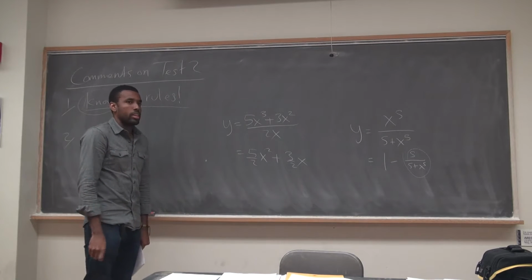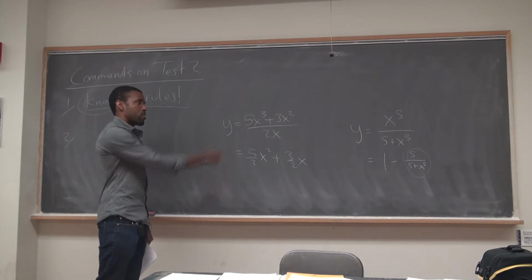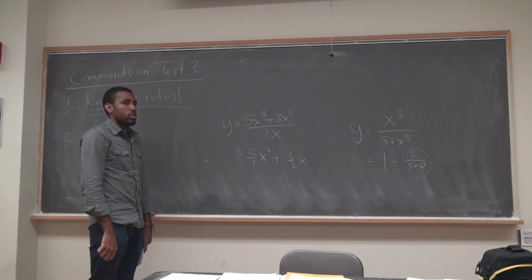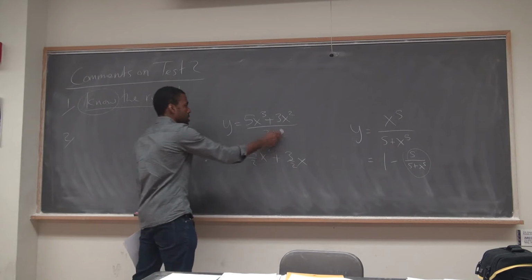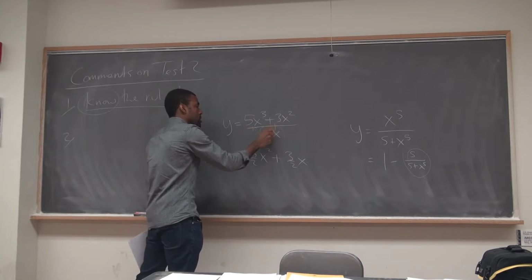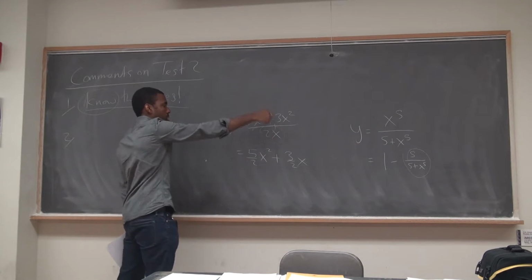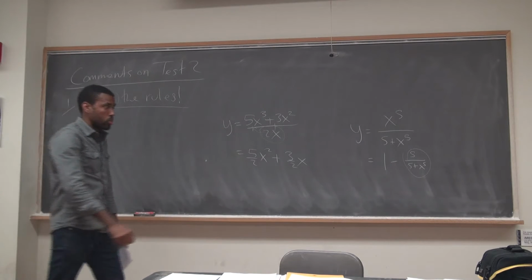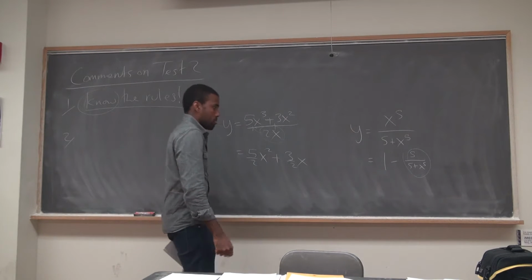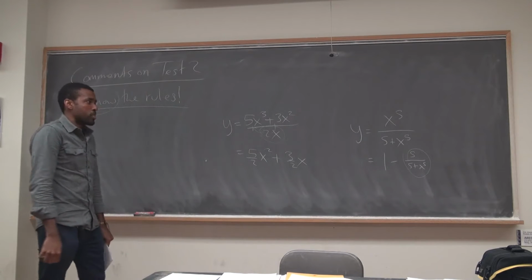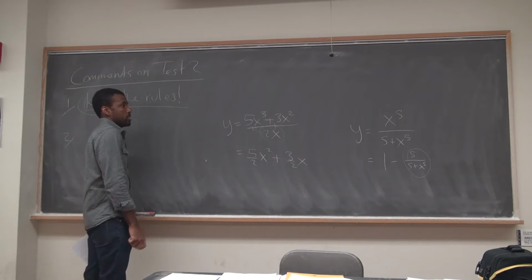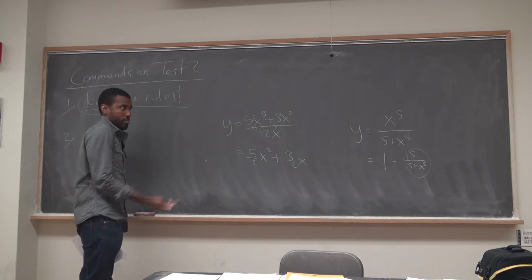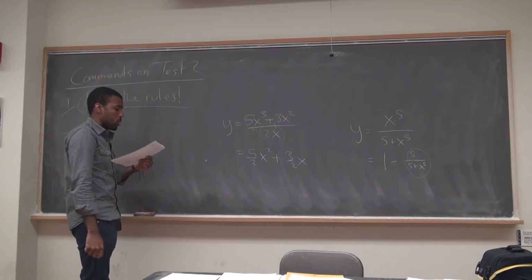You always look at that, right? Especially if you see fractions, the quotient rule is kind of an annoying thing to do. You don't do it unless you have to, right? Once you have a single term in your denominator, you try to divide it in. If you have a constant on top or on bottom, you try to separate it, right? This was something I mentioned when we went over the quotient rule. You always try to not use it. You kind of use it when you have to. And if you did the quotient rule and you actually got it right, then I would have given you the credit, but it was overkill.